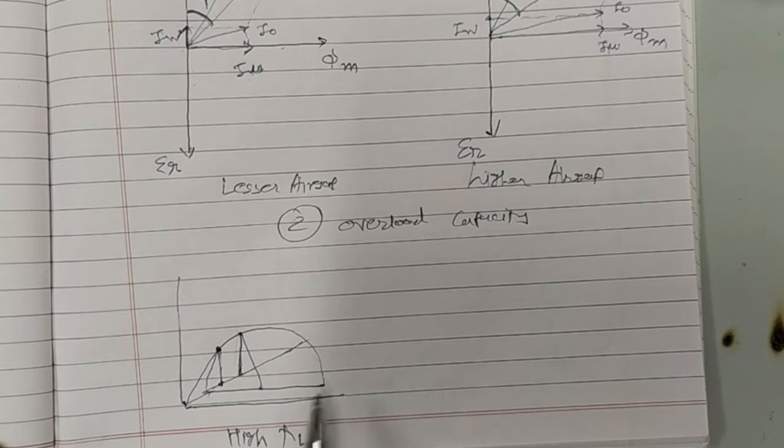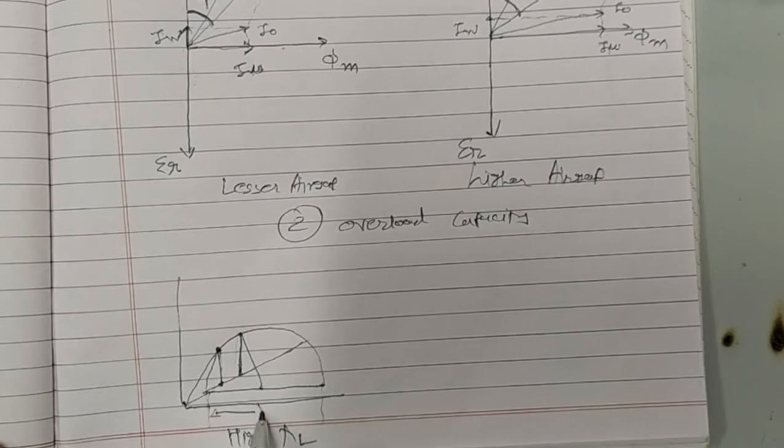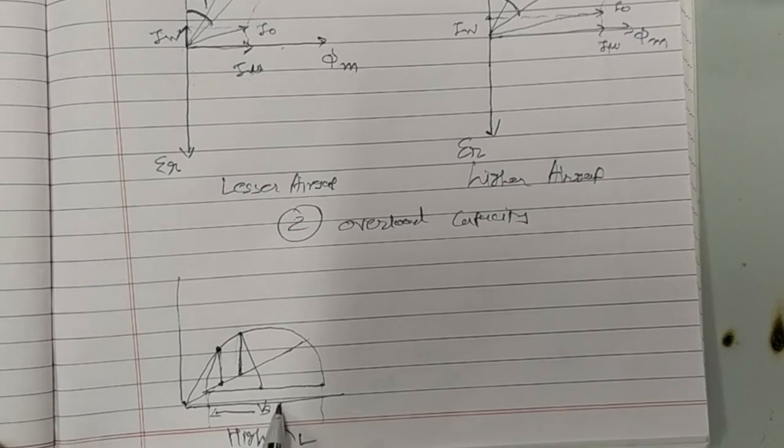And actually this diameter of circle diagram that we always talk about, it is directly proportional to supply EMF divided by XL. That is why we say that when we have high value of XL, then we have the lesser diameter. The entire diameter is proportional to supply EMF divided by XL. So higher the XL, less will be the diameter.